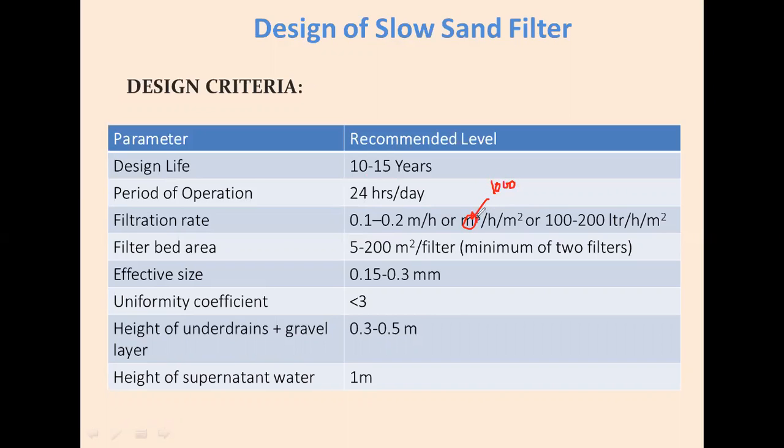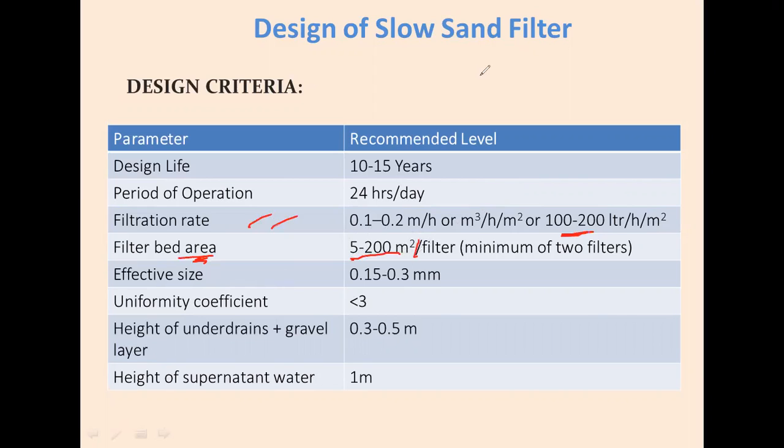Okay, so that it will get converted into liter. If you multiply these values by 1000, then we will get 100 to 200 liters per hour per meter square. So these things we should keep in mind while designing. Whenever we find the rate of filtration, the range should be within this limit. Then filter bed area should vary between 5 to 200 meter square